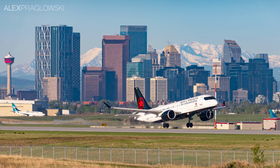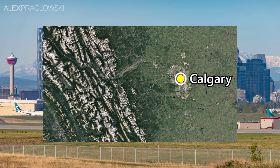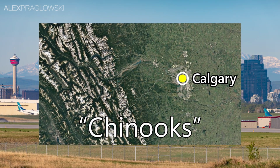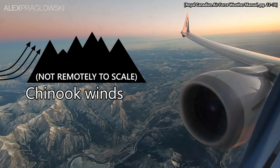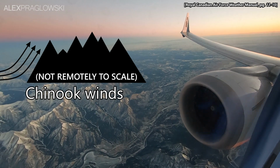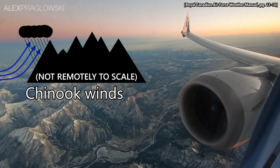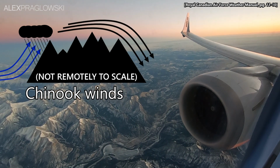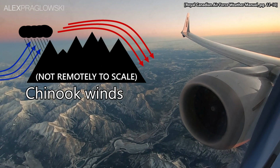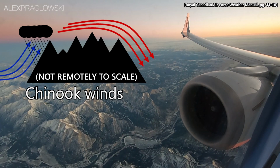Well, Calgary's location in Alberta, situated 60 kilometers or so east of the Rocky Mountains, makes it quite susceptible to mountain weather, specifically Chinooks, which mostly occur between September and April. Very briefly, Chinook winds take place when moist air from the Pacific Ocean is forced upwards across the mountains from west to east. This air then cools as it rises until it becomes saturated and then loses moisture to precipitation on these western slopes. As the air travels down the eastern slopes of the Rockies, it becomes warmer and drier than it originally was, bringing Calgarians and southern Albertans a temporary reprieve from winter, but also these very strong westerly